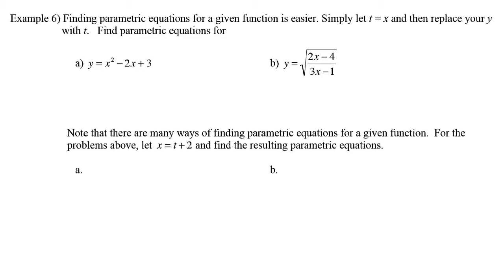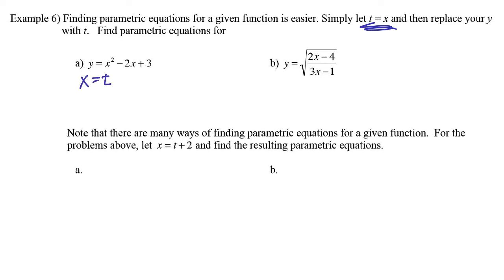The last type of equation for us to look at, and this will be important, is one that tells us to find a parametric equation for the given function. Anytime we have to do that, it tells us in our directions here, we can simply let x be equal to t, and then we can go through, replace these, and build two different equations. So the first equation is going to be letting x equal t,